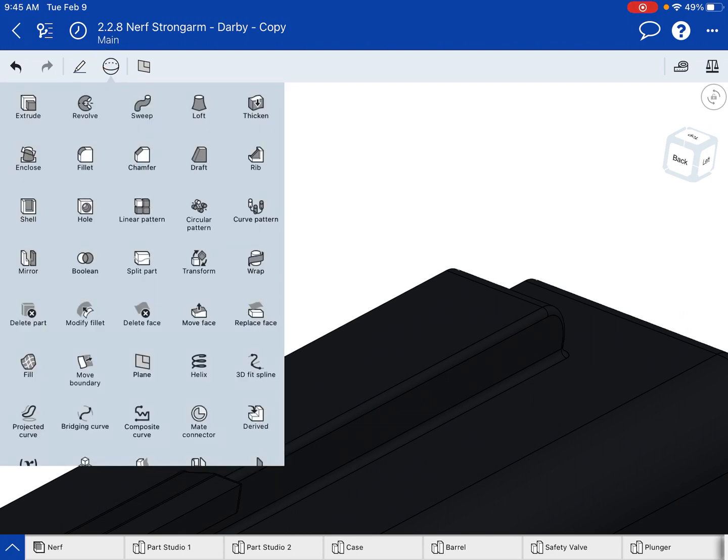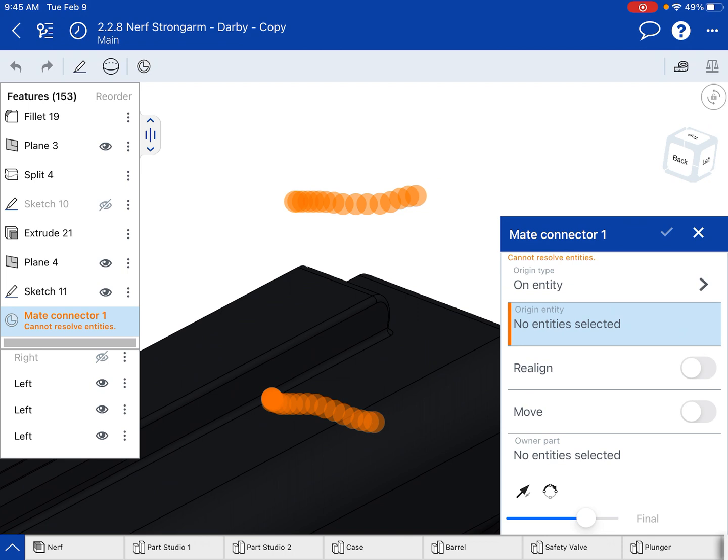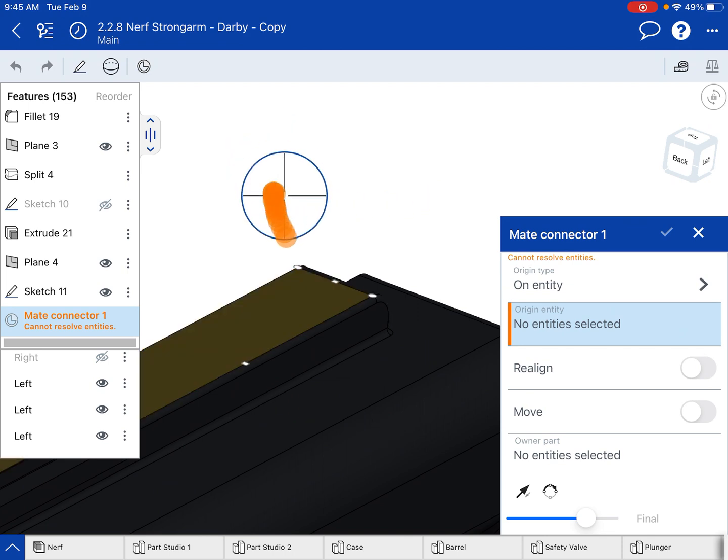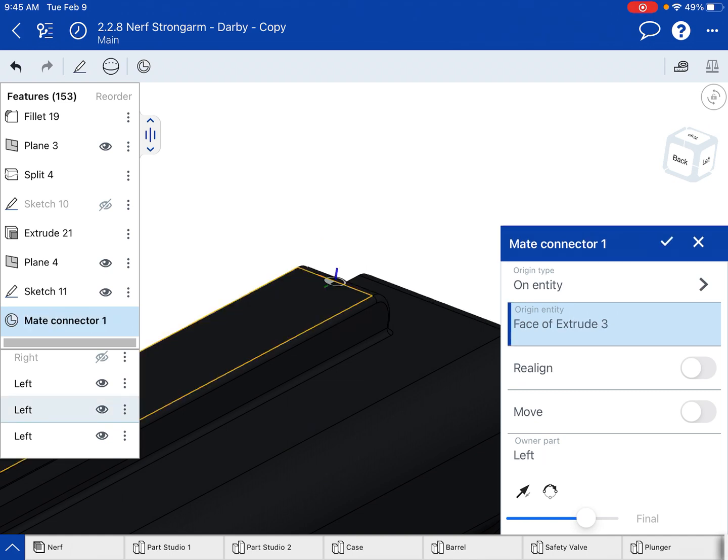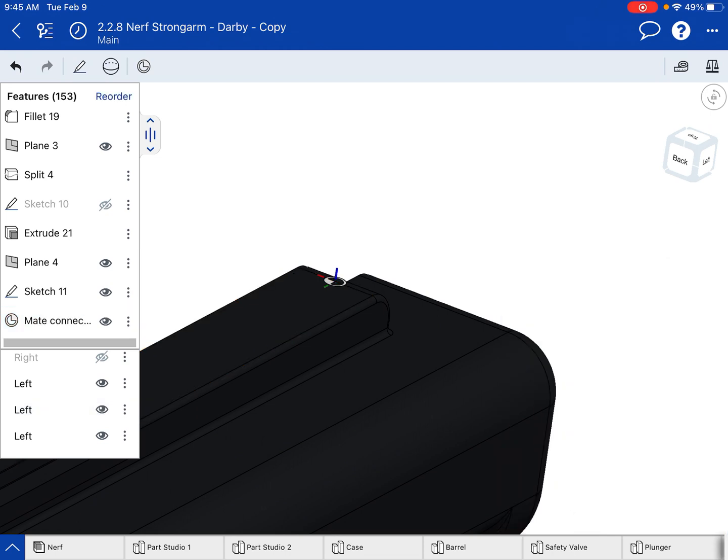And I'm going to go into my 3D features. I'm going to go to the mate connector. And I'm going to select that surface on top. And I like that midpoint there. Okay, so that's going to create a mate connector there for me. I like it. Looks good. Check. Okay, now one other weird thing is I have to put that mate connector actually before the sketch,